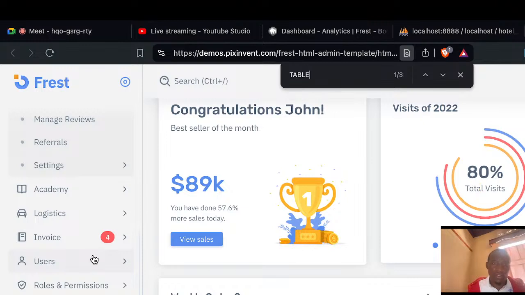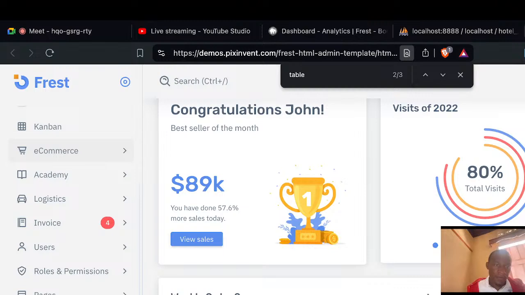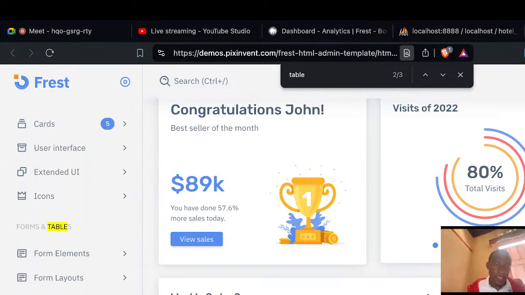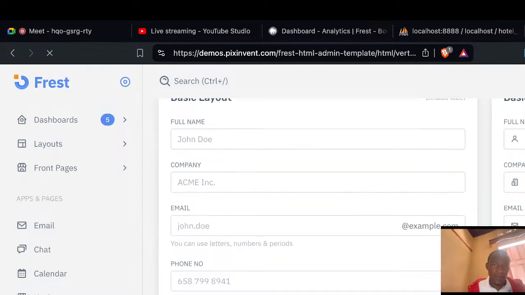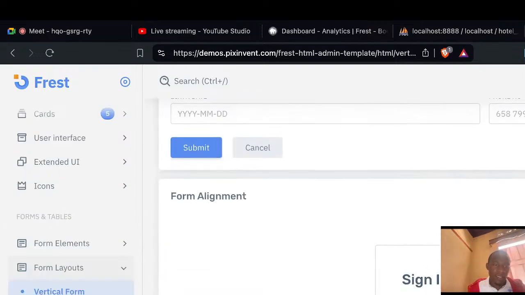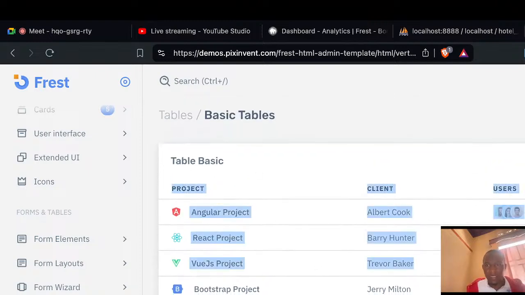Table. So you have here, tables are here. These are the forms. So these are the tables. These are form layouts, different types of forms. Okay. Let's look at tables. Tables are here. So you have this basic table, this basic table,